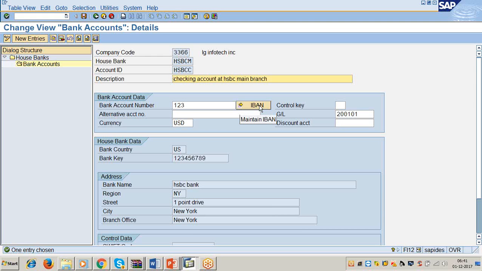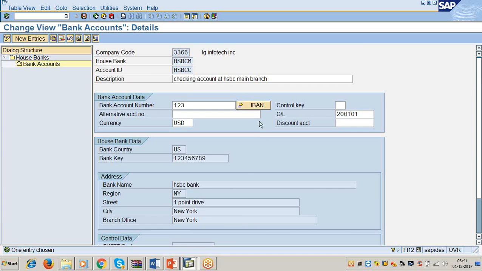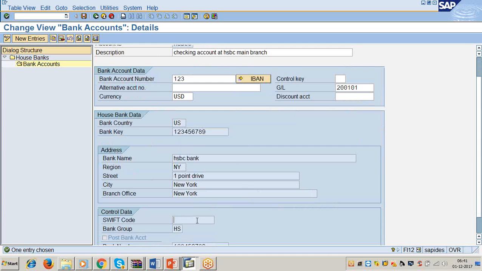So here we have the SWIFT code, right? Yesterday I told you that the SWIFT code is also used to identify the bank, branch, and its country in international clearing transactions. So the IBAN is also the same. But why is IBAN separate and the SWIFT code separate? In European countries, the SWIFT code is not used.